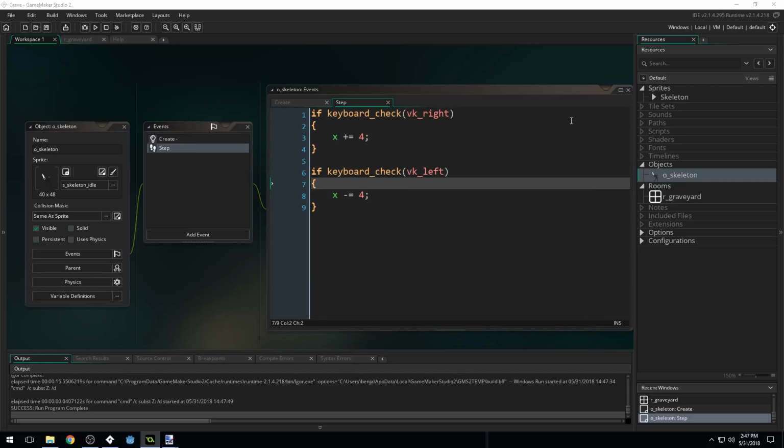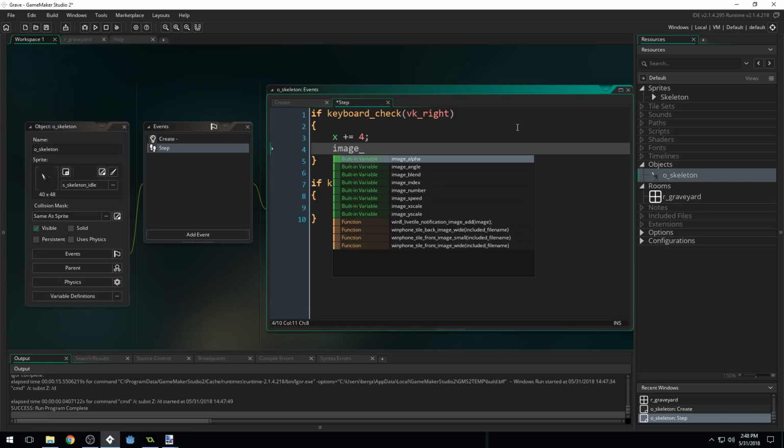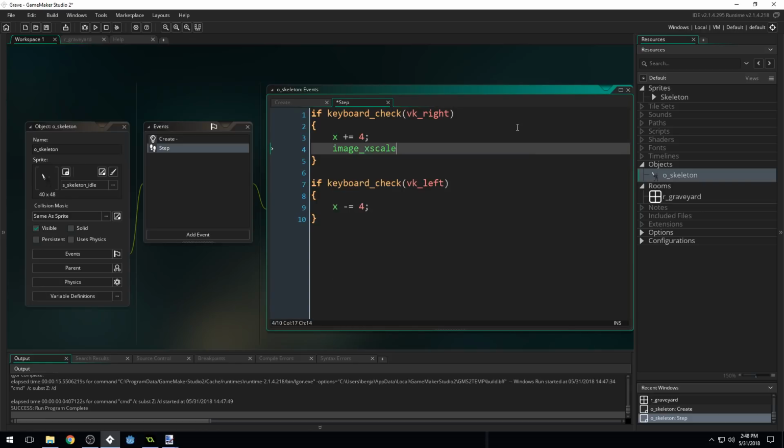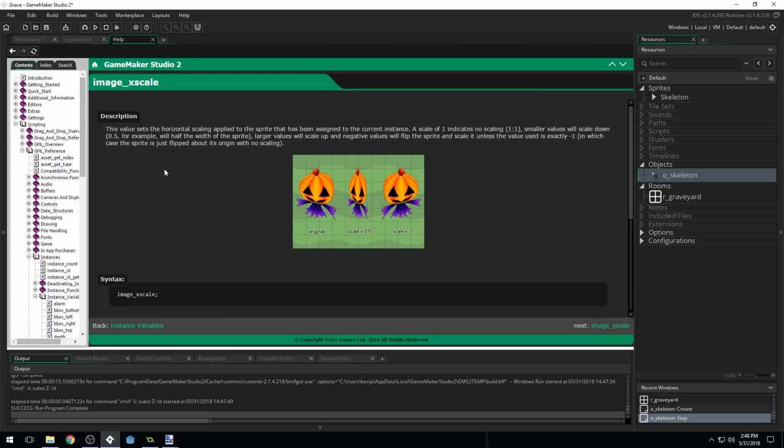Well, you could create a new sprite and have it change sprites when you're moving to the left or moving to the right. But there's a shortcut that a lot of games use, which is called flipping the X scale of the image. So there's a variable in GameMaker called image X scale. And you can open up the help file on this as well. Just middle click on it. You can see